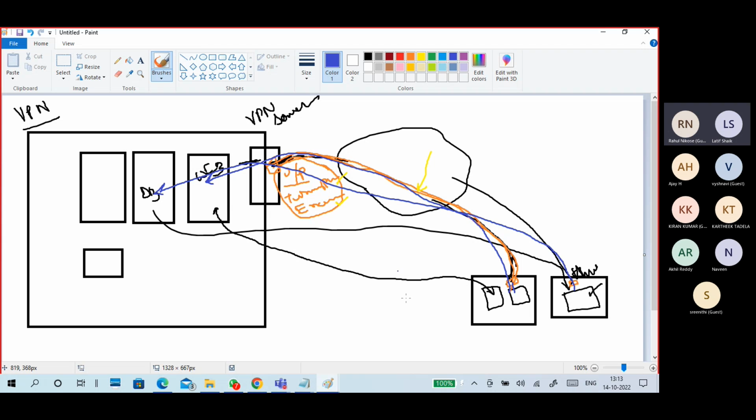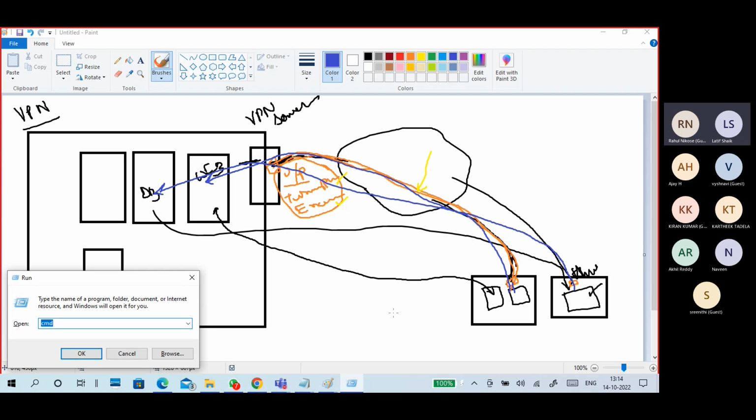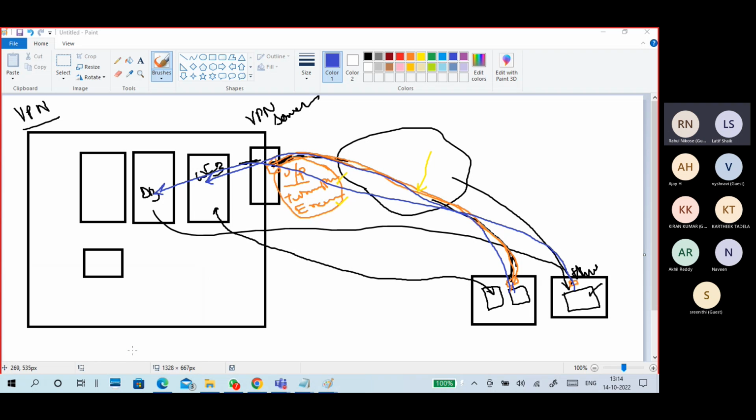Okay. So VPN sits between your organization, your corporate network, and the public network. If anyone wants to access our corporate network, first of all they should connect to VPN, and VPN will verify your tunneling protocols and so on. Okay, so I will show you how to create a basic VPN client connectivity.